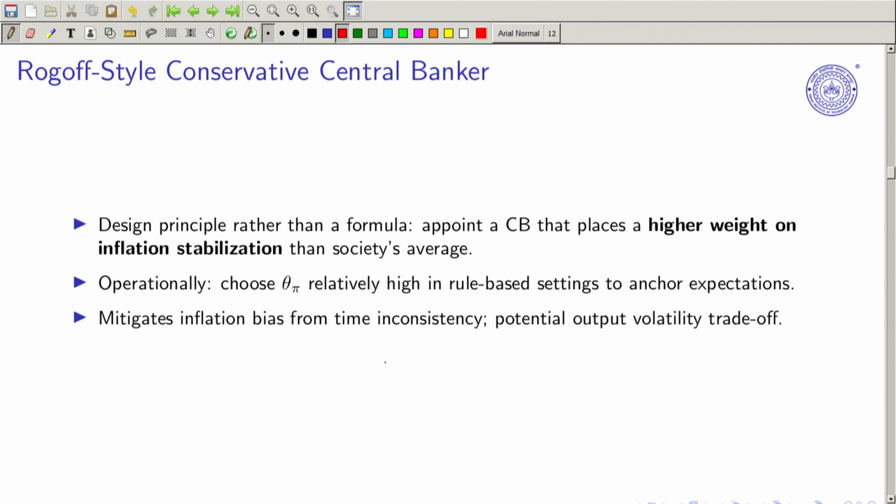There is also a debate, as I mentioned in the last to last sessions, where we discussed the persona of the central bank: whether he is conservative, whether he is hawkish on inflation or dovish, right? Kenneth Rogoff suggested that if a central bank governor is appointed who gives a higher weight to inflation stabilization, then the average expected inflation rate falls, and it brings a good amount of control on inflation. So this is also good for estimating.